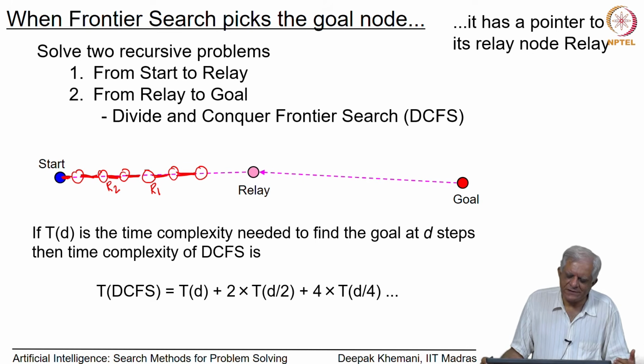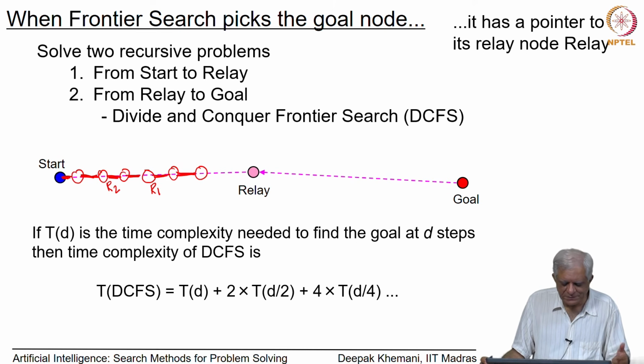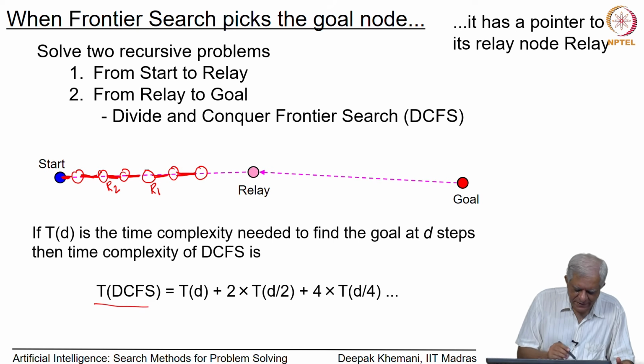If it was a perfect heuristic function, then the space requirement would be linear, and something like hill climbing would have happily taken you to the goal. But heuristic functions are never perfect, and not only are they not perfect, in general they require exponential time and space, and in that scenario we are looking at this divide and conquer frontier search algorithm, as Korf and Zhang named them. And you can see that the total time complexity of divide and conquer frontier search here is,